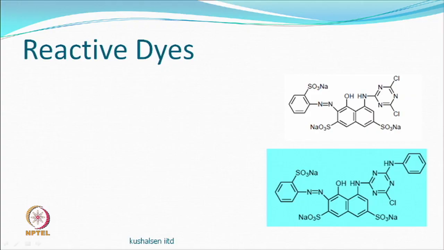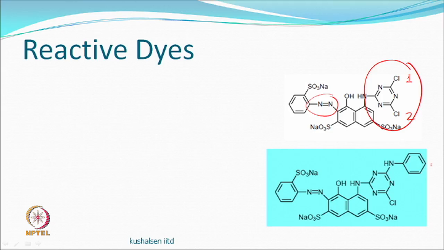So, we said this is one reactive group where you have 2 chlorine, and so this is called the dichlorotriazine type of reactive dye, but the chromophore is somewhere here, right. And this type of dye we thought is not good for printing because it is more reactive, and we would prefer such dyes which would not react at all, at least at room temperature. You have to take it to 60 degrees to 80 degrees before they fix.